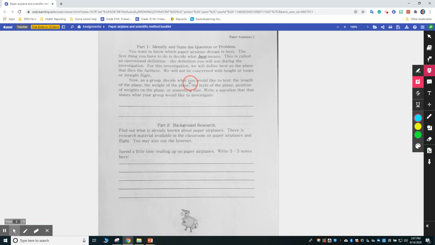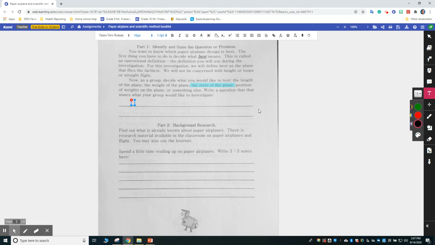We will be testing the style of plane as a group. So now we need to write a question that states what our group would like to investigate. So go over here, grab your tool for typing. I'm going to choose a different color here. And so we are going to put in